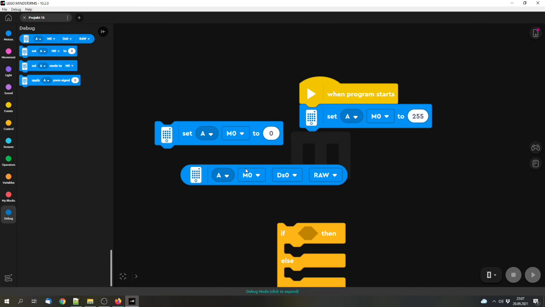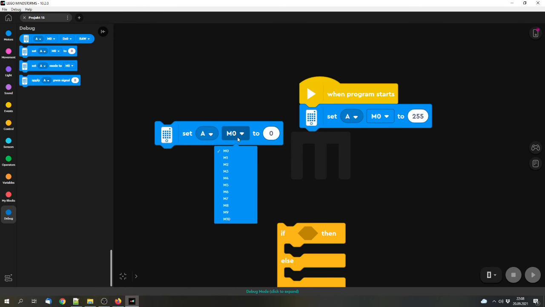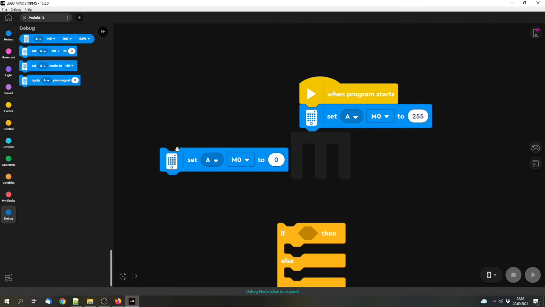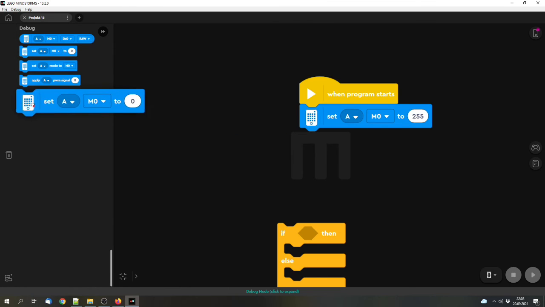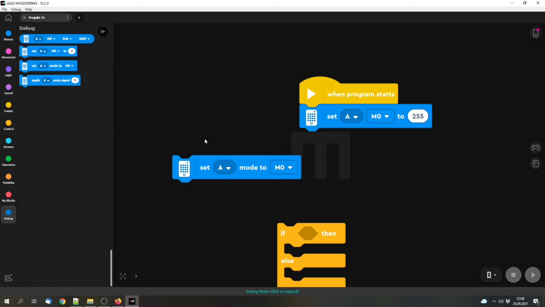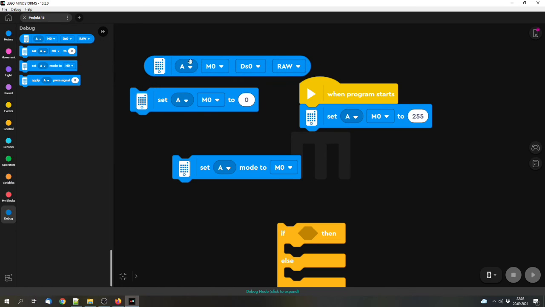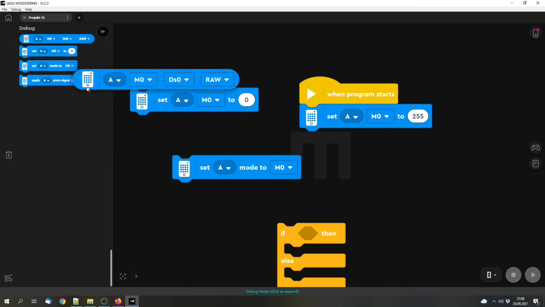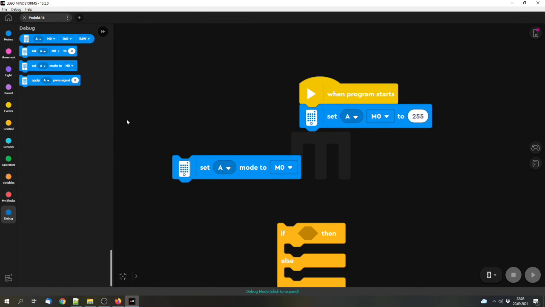With this block you can set something to a sensor, or via UART to a device. You can set a value to a mode, which can be used, for example, for the LEGO Boost color and distance sensor that can emit Power Functions infrared signals, and you can probably send Power Functions infrared signals with this block. I haven't tried it, but in theory it should work. And you can change the mode, but all of these blocks have options to change the mode, or you have to give the mode for these blocks, so I'm not sure if this block is really necessary.